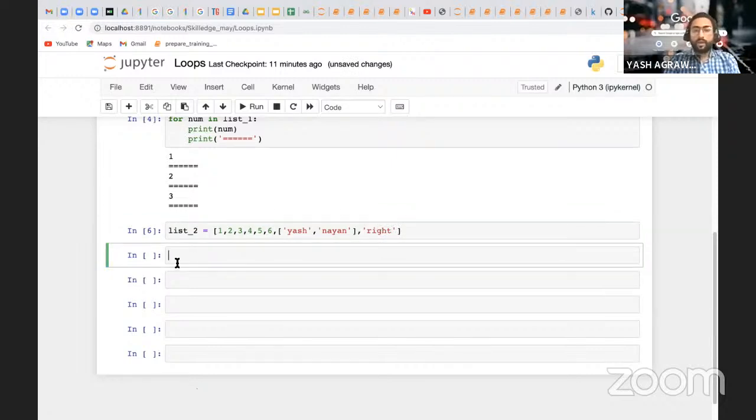Now again, you will move with the same for. That is a compulsory keyword, for loop. So what the for loop does, it will iterate you one by one through the values.